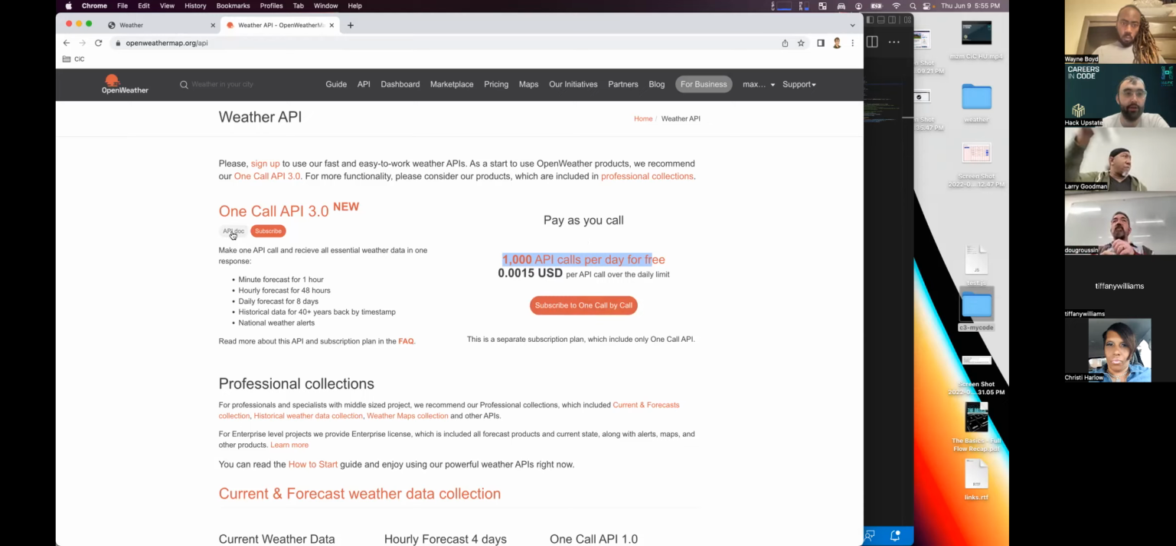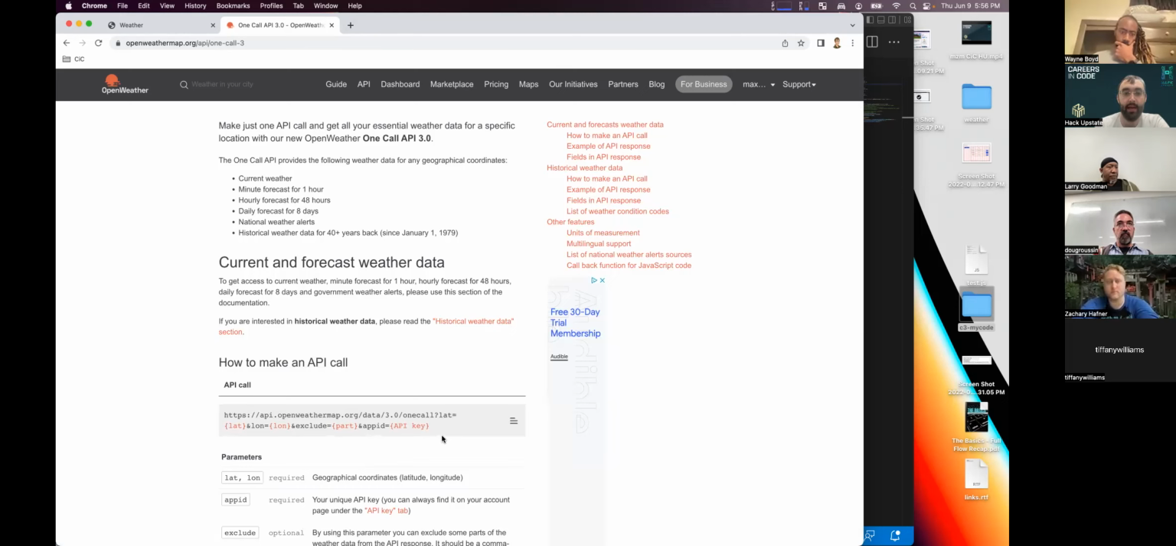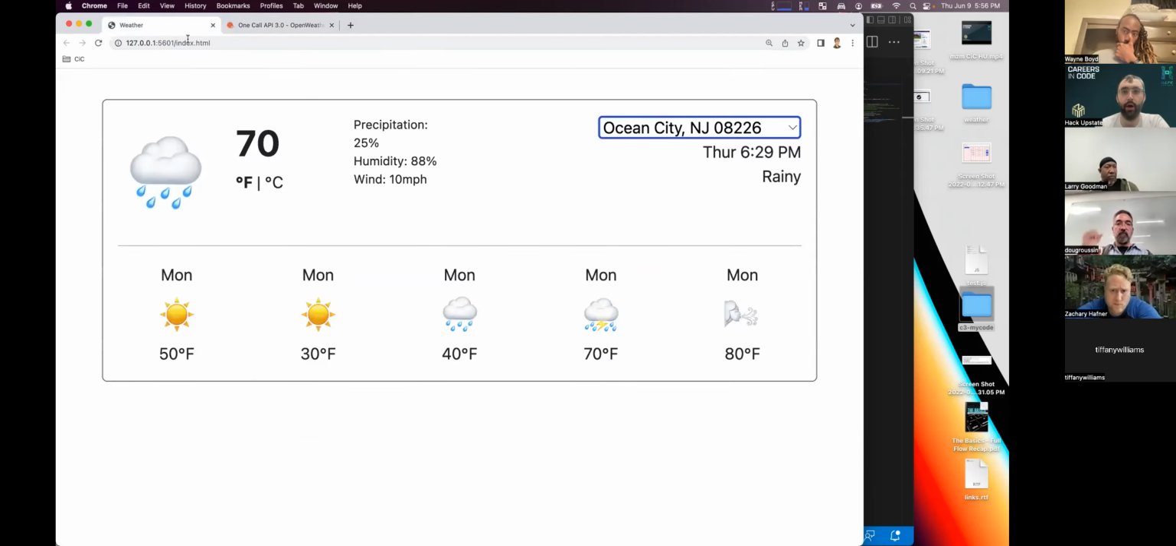What we are going to do is go to this one call API, because this one call API is going to give us in one API call the minute forecast for 1 hour, for 48 hours, the daily forecast for 8 days, in addition to the current weather information. So I'm going to click on this little thing that says API doc down here, and it says, hey, current and forecast weather data. So it says you make this one API call, and it says lat, long, exclude, part, and our API key. Okay, well, we know our API key, but let's go back to our weather map,